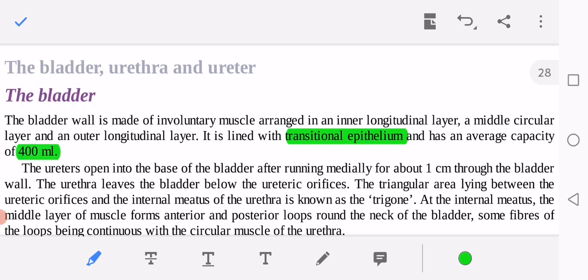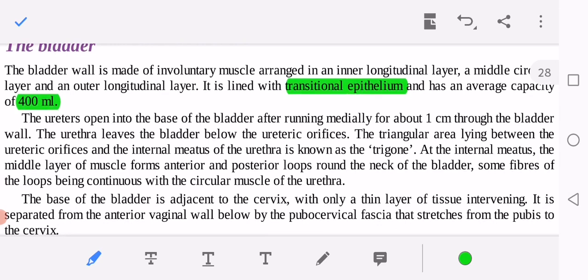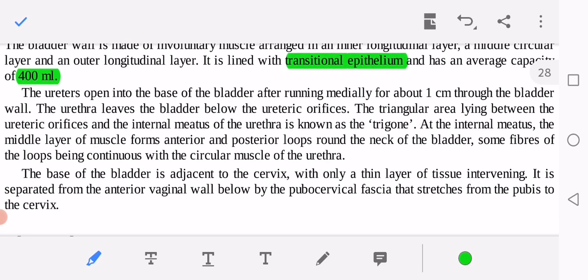The ureters open into the base of the bladder after running medially for about 1 centimeter through the bladder wall. The urethra leaves the bladder below the ureteric orifices. The triangular area lying between the ureteric orifices and the internal meatus of the urethra is known as the trigone. At the internal meatus, the middle layer of the muscle forms anterior and posterior loops